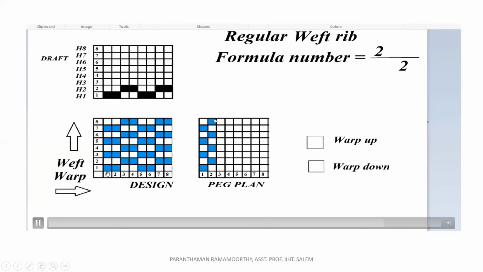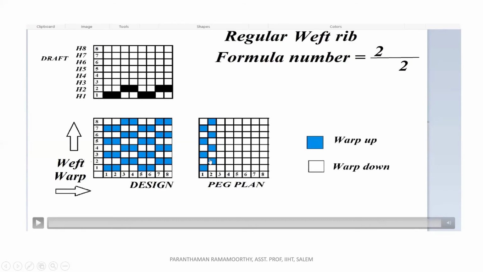The first heel frame. So the design, the back plan shows the first heel frame. First 2 ends are drawn through this first heel frame. So the first pick, first heel frame are lifted up. The second pick, the third and fourth ends are lifted up. Both are drawn through the second heel frame.